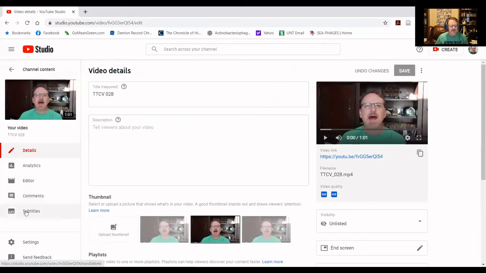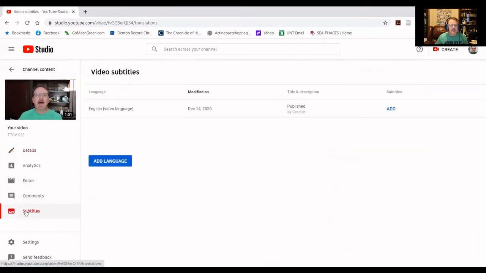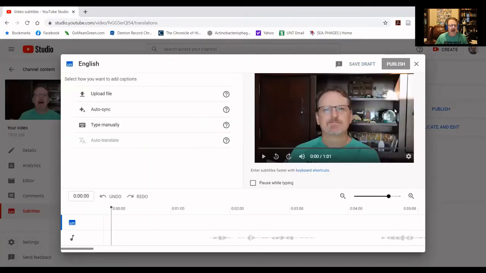Within editing, there is a subtitles button over here on the left menu, and it's going to have subtitles. Now, it's not actually showing the auto edit created one right now, which it usually would, but we're going to go in and we're just going to say add, because I actually have a file. In either case, I have a file. But usually it'll already have the previous one in here.